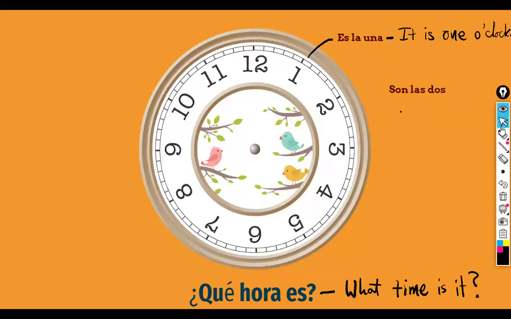Two o'clock, son las dos. So the plural form now, right? Now in English, how does this translate? It's still, it is 2 o'clock. All right, so now if you know this part of the topic really well, then you do not need to write it again. If you're meeting it for the first time, obviously you may want to write it. There might be other things as the topic gets a little hard in the next couple of slides that will be useful, right? All right, son las tres. So what will 4 o'clock be?